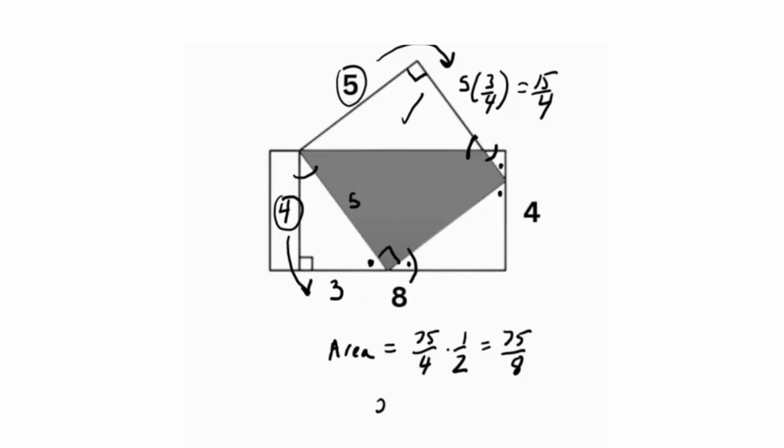So that's 200/8, which is 25, minus my 75/8. So that means my total area is going to be